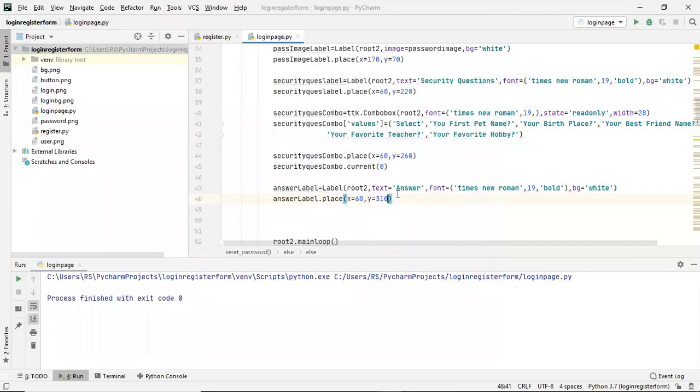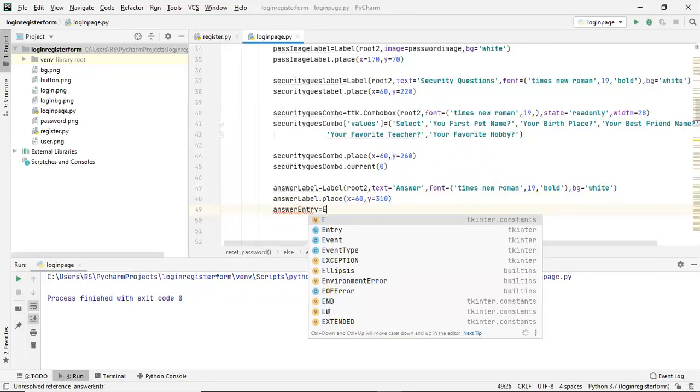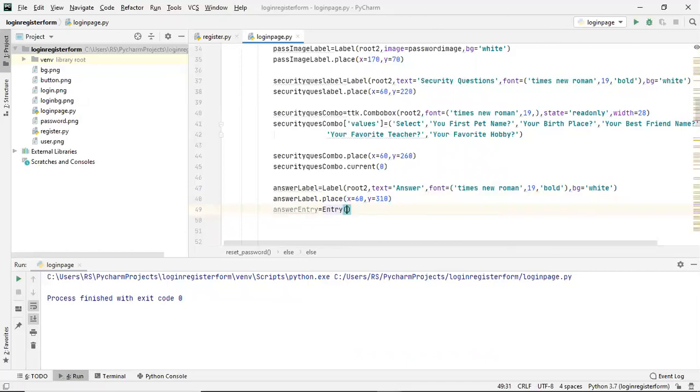So let me create an entry field for it. So it will be answer entry. We'll use entry class, and this entry will be inside our root 2 window. Font equals to, it will be Times New Roman.